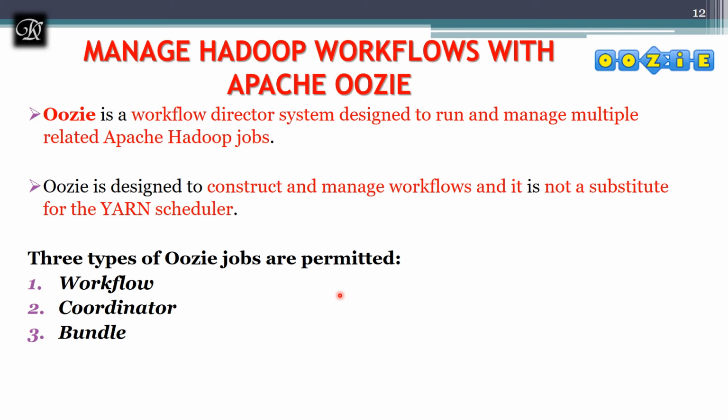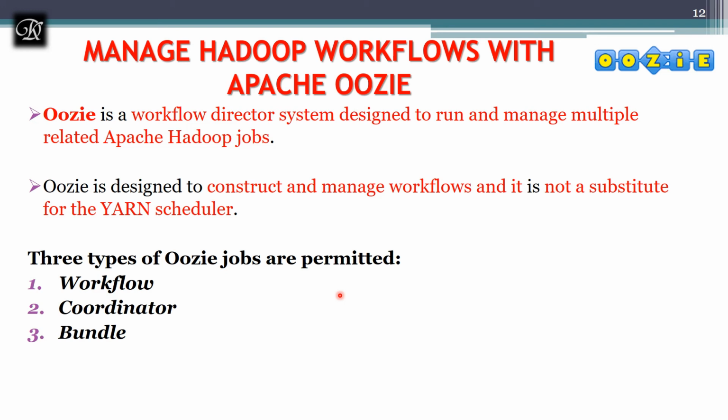I took the term Yarn in the first module. Yarn is nothing but Yet Another Resource Negotiator, which we are going to discuss in the next video. So Yarn is going to perform the task of resource scheduling. But here we are going to make use of Oozie just to coordinate between multiple Hadoop related jobs. It's not going to override the task of Yarn. Yarn is the one which is going to take care of everything in Hadoop with respect to resources.